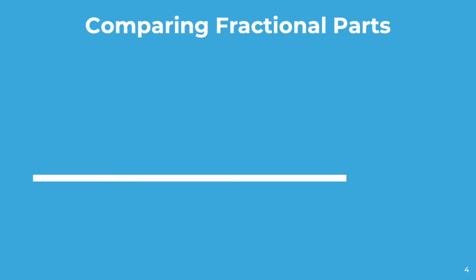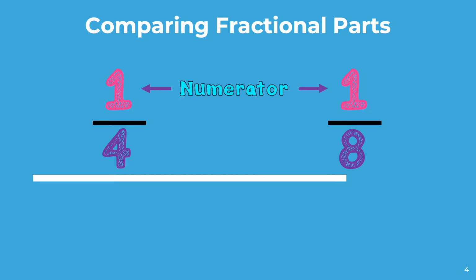We can also compare fractional parts by looking at the denominator. Let's look at these two fractions, 1/4 and 1/8. The numerators are the same while the denominators are different. I can tell which fraction has larger pieces or parts and which one has smaller pieces or parts by looking